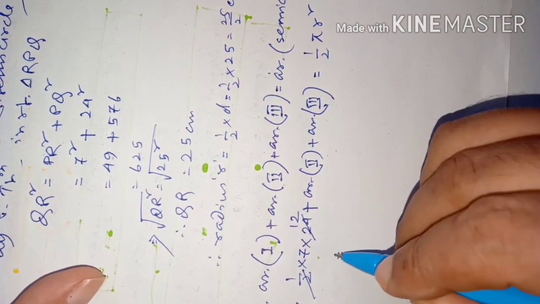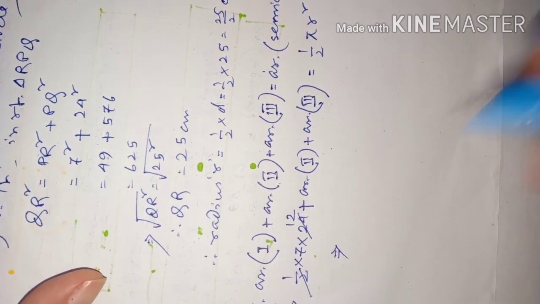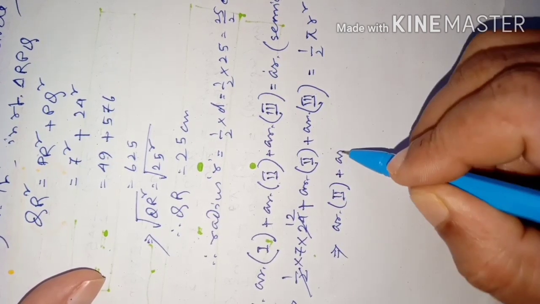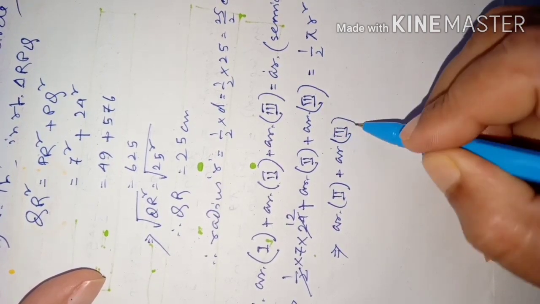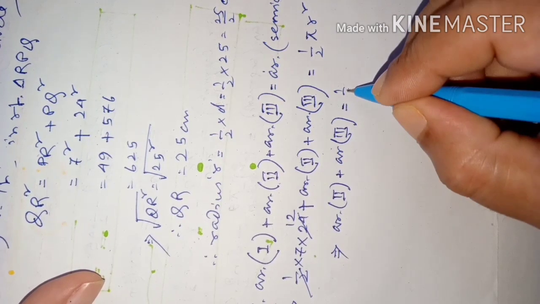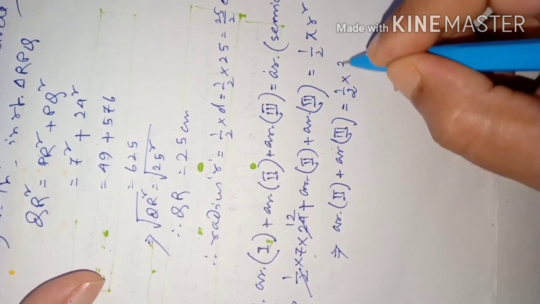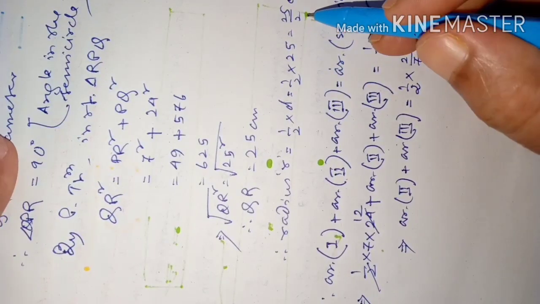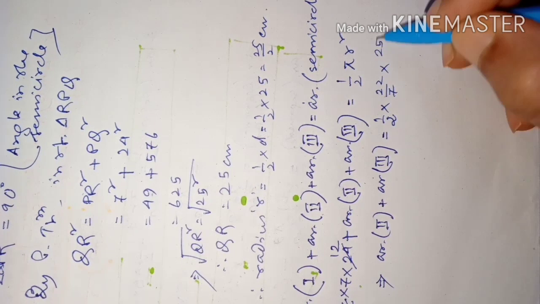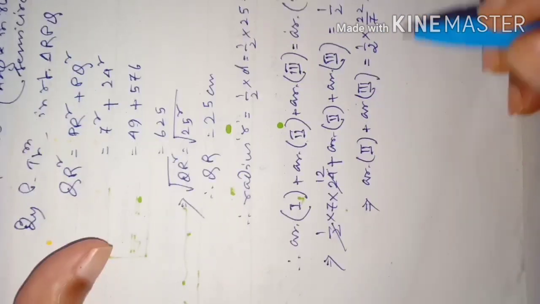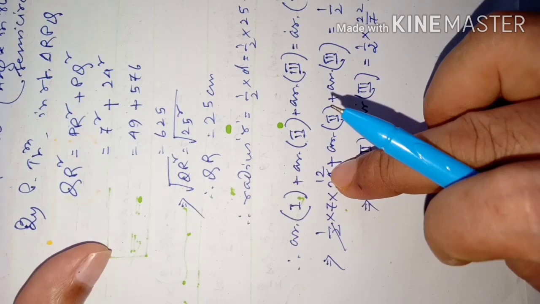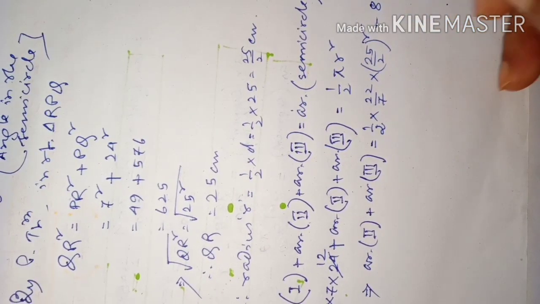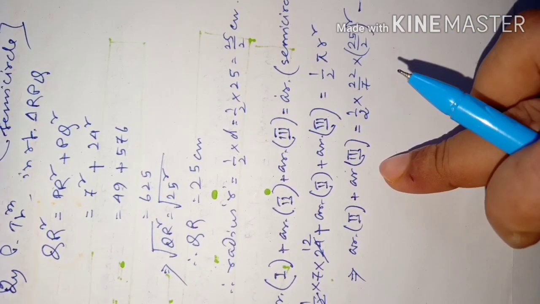So therefore area of 2 plus area of 3, portion 3, that means, is equal to half times pi value, given 22/7 in the book, into radius 25/2, right? 25/2 whole square. And from the left hand side, 7 into 12, 84, we'll take to the right hand side, minus 84. So that's how we are getting area of 2 plus area of 3.